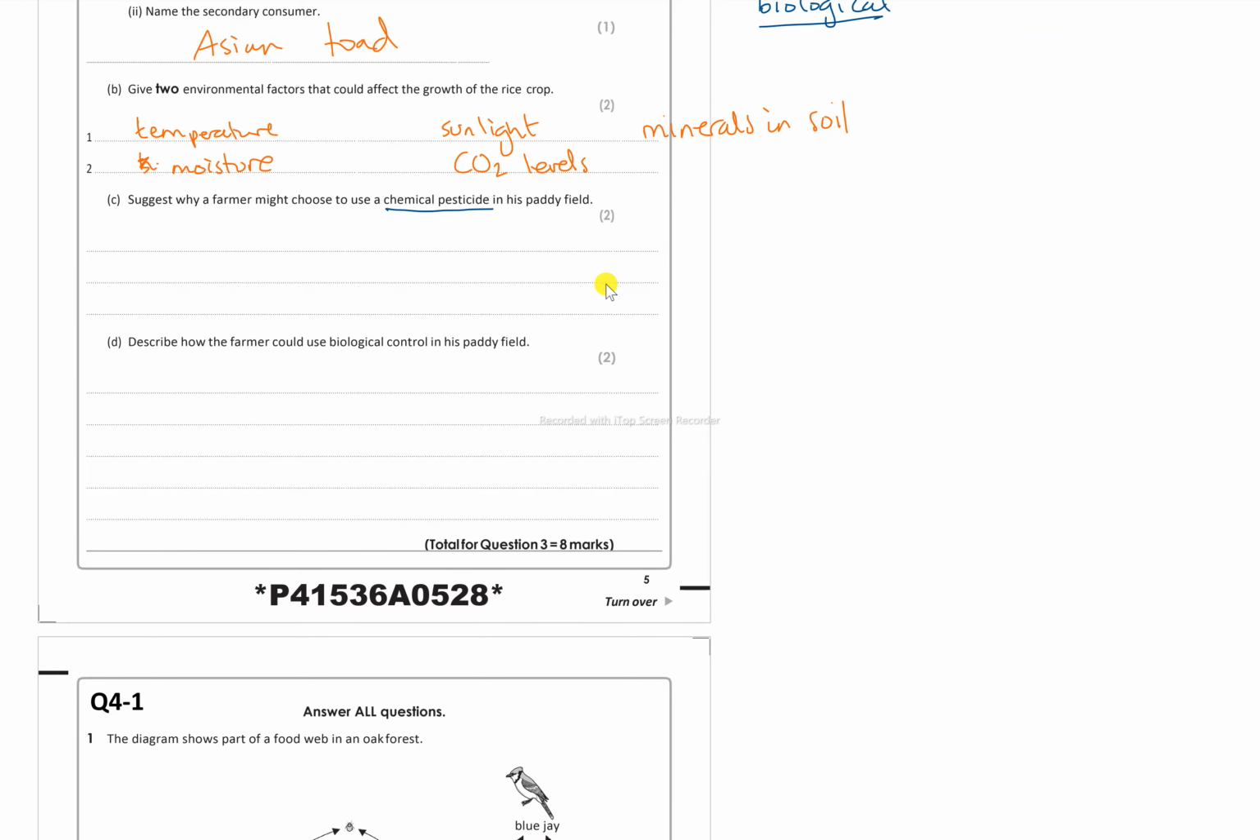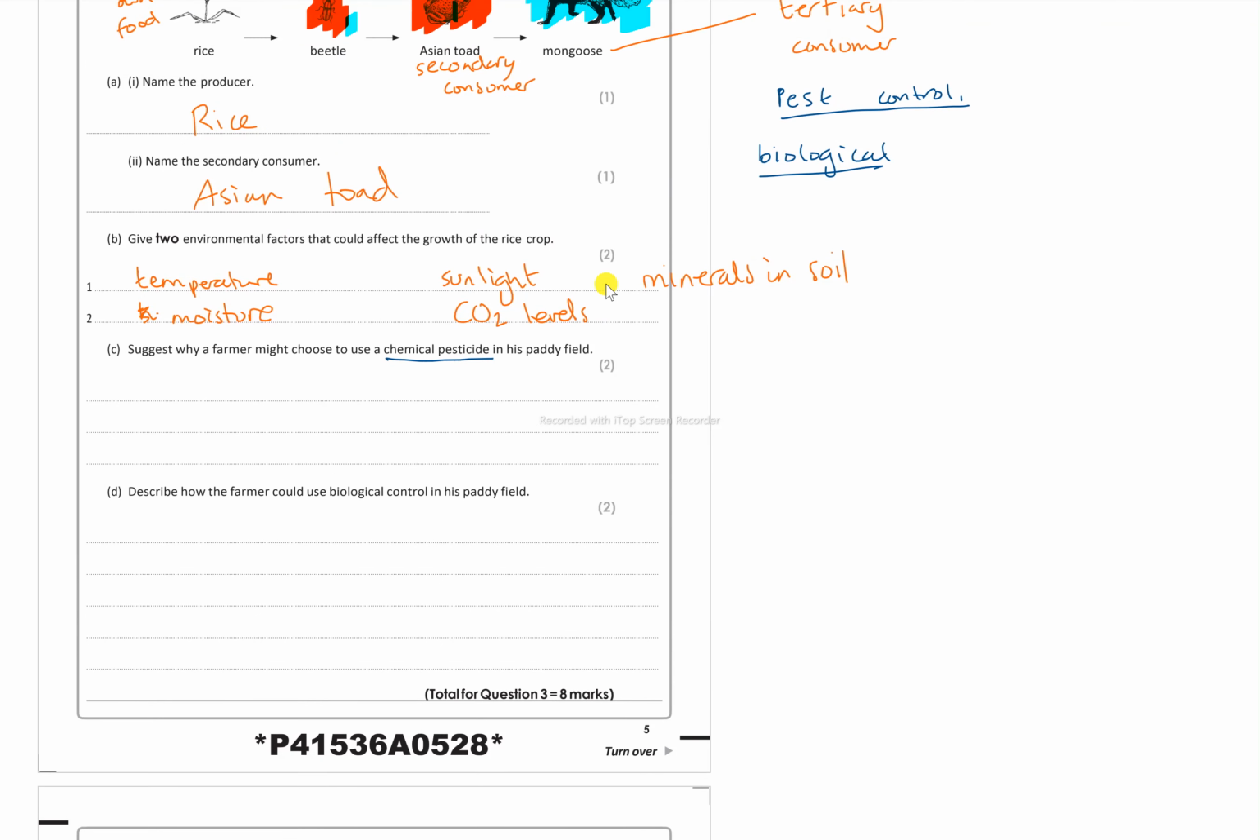Suggest why a farmer might choose to use a chemical pesticide. Did I carry on with that? No, I didn't. So you also have a chemical